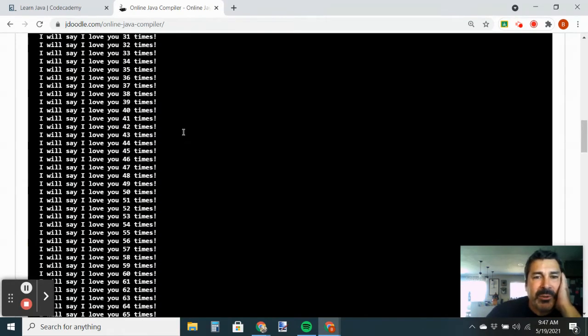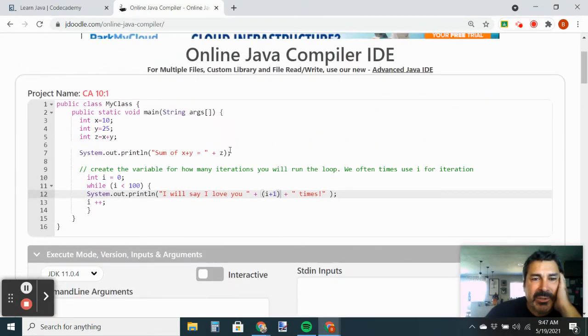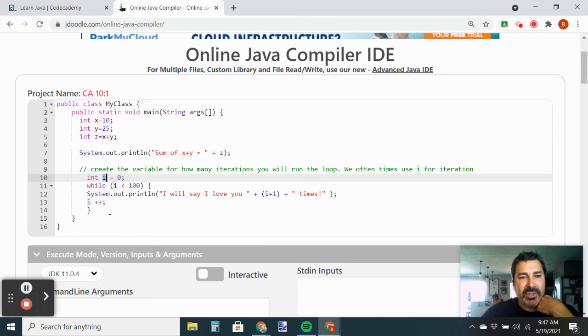Okay, so I want you to do the same thing. You can use the same text, or you can change the text. You can do whatever you want, but the idea is you're going to use a while loop. You're going to use a variable i that stands for iteration. And by the way, if you get rid of the i plus plus, okay, so if I were to get rid of this,